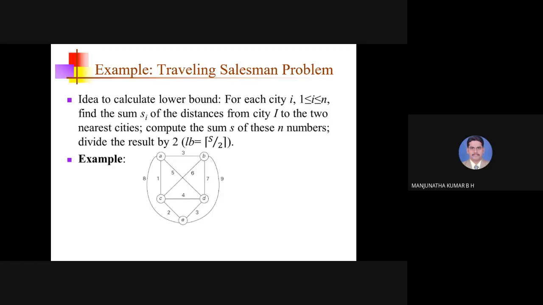So this is the given problem. The traveling salesman problem is represented or modeled using a weighted and directed graph. You can observe here we have 5 cities A, B, C, D, E, and the edges are also there with the corresponding weights. Now the first part in solving this problem is to calculate the lower bound value. The very first lower bound value you calculate is the value for the root node of the state space tree. We did the same thing in the previous two examples also.